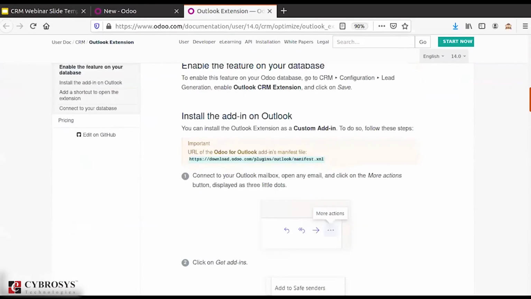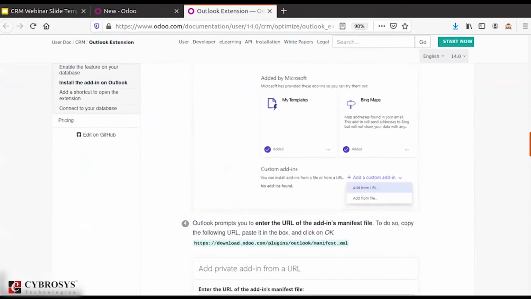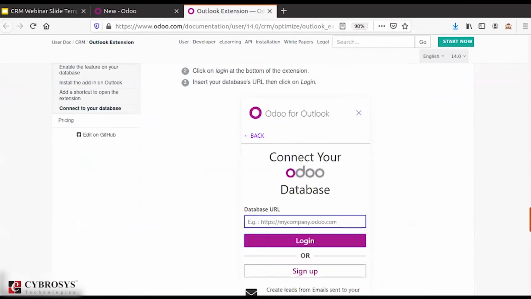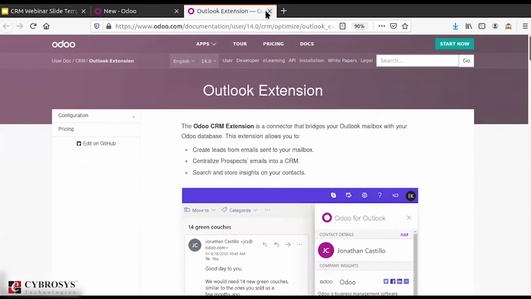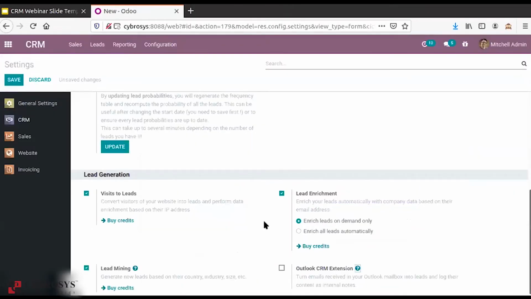So for this, you have to connect Odoo and Outlook together. These are certain pieces of information you can check in the documentation over there. So regarding lead management or lead generation, we have these options. The options we have discussed are, first of all, the incoming mail.